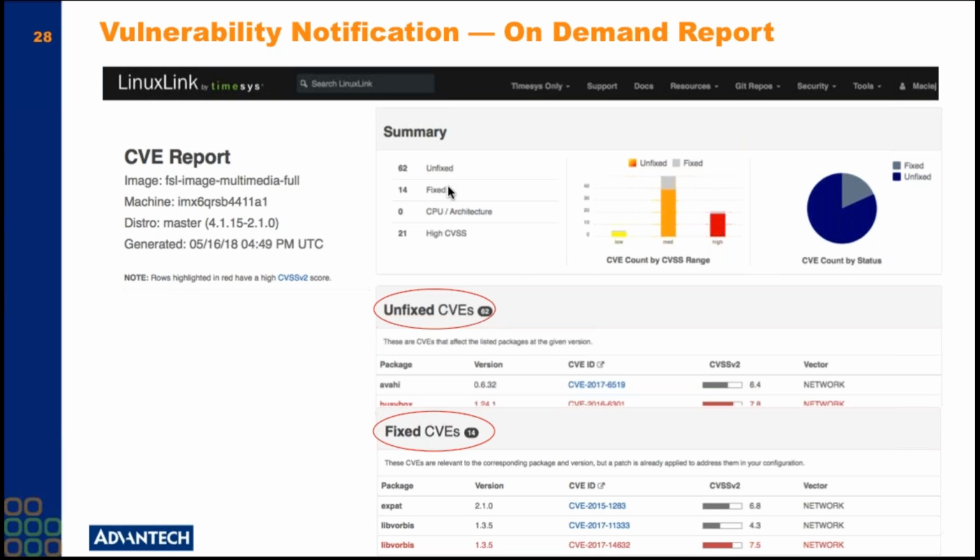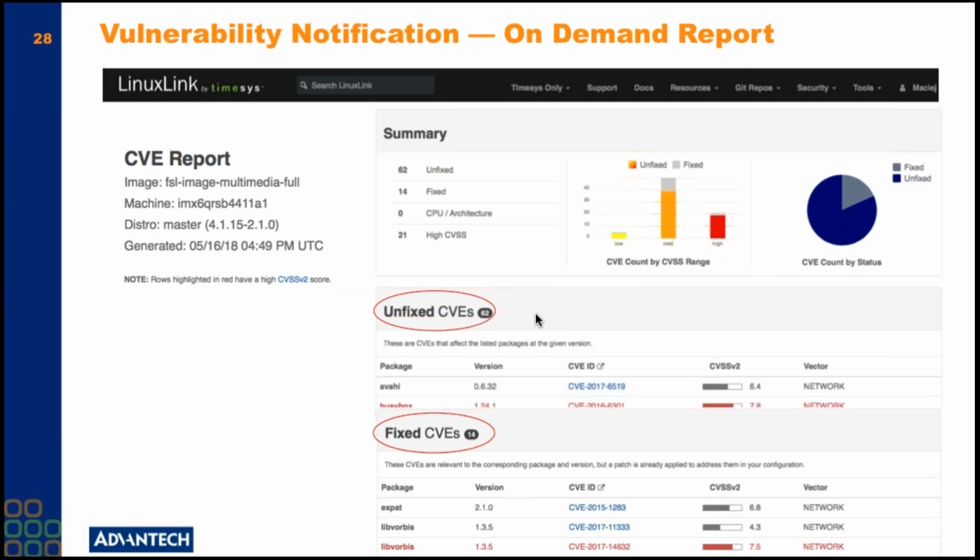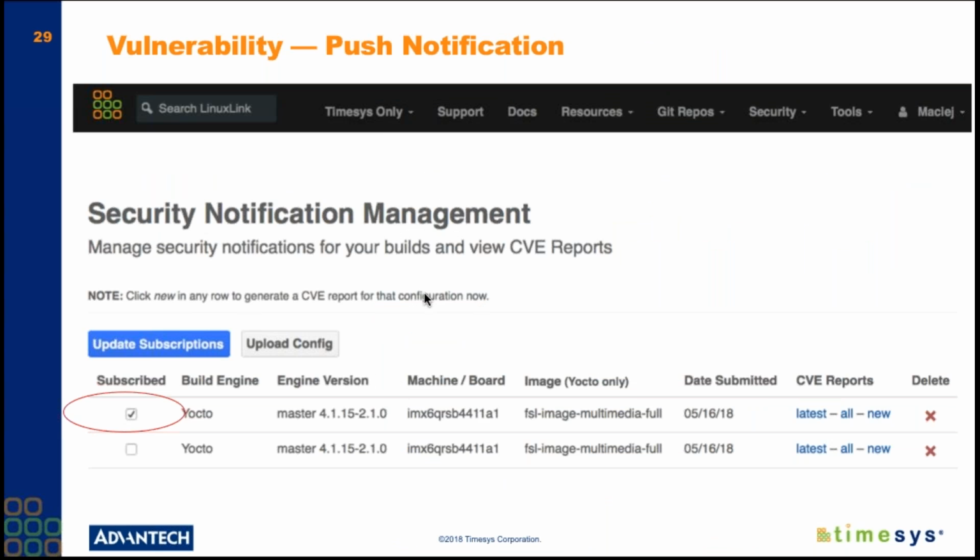There are also high CVSS score packages, so we can give you a hint as to which vulnerabilities are really more important than others. Okay, and so these were